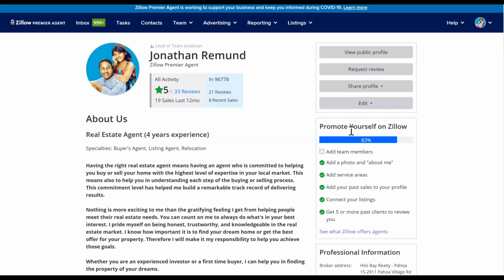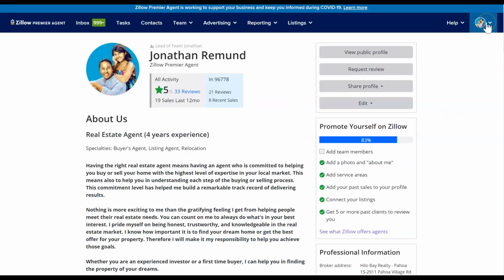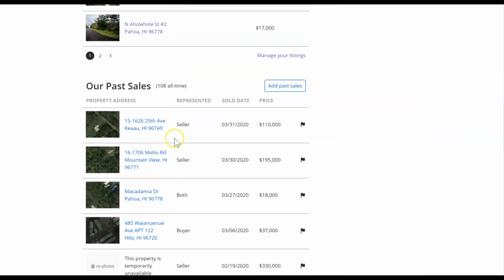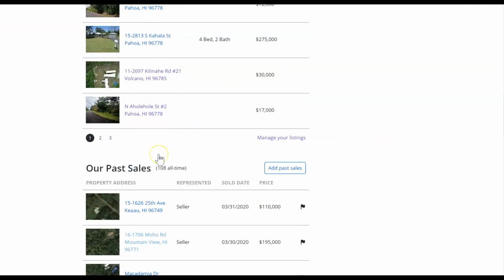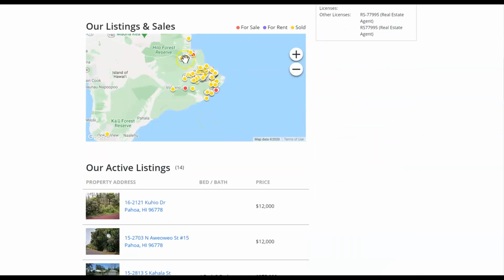Number 2, I would say put your past sale information in there. And the best way to put your past sales, this is your active listings and your past sales. What's great is Zillow makes it super easy. Here you can see how many past sales I've had in the last 12 months. What a cool tool right here is